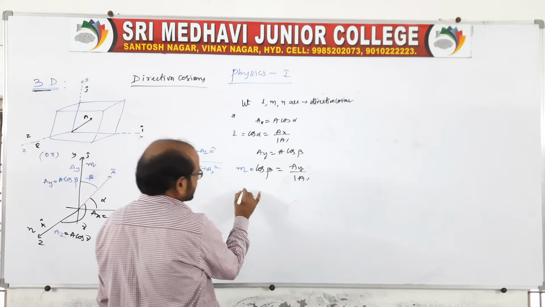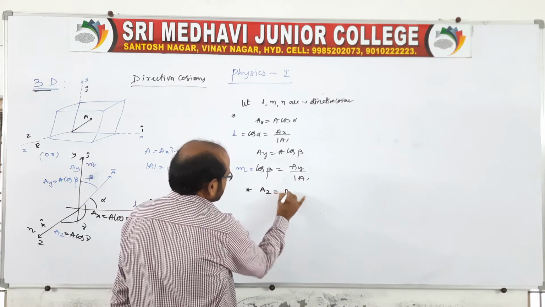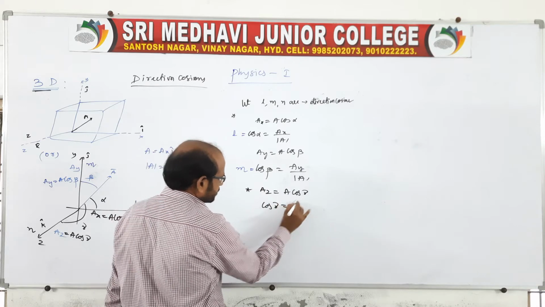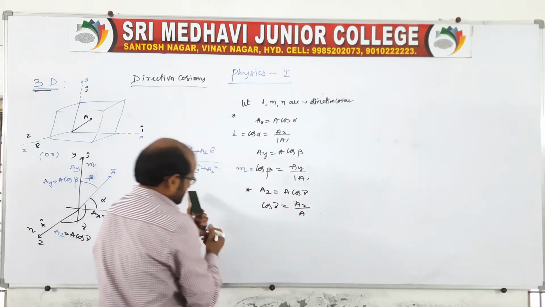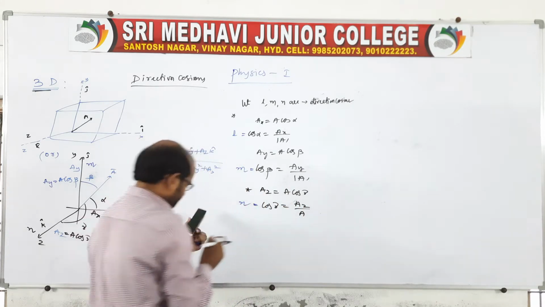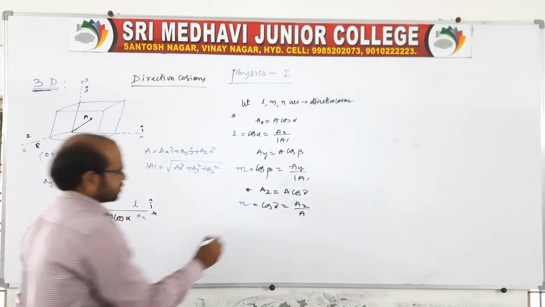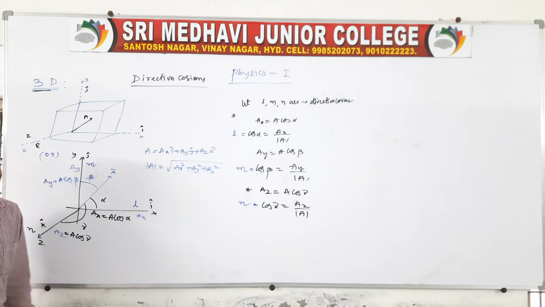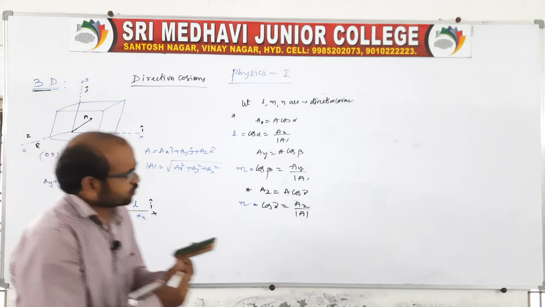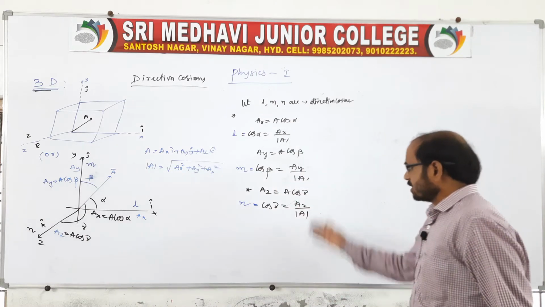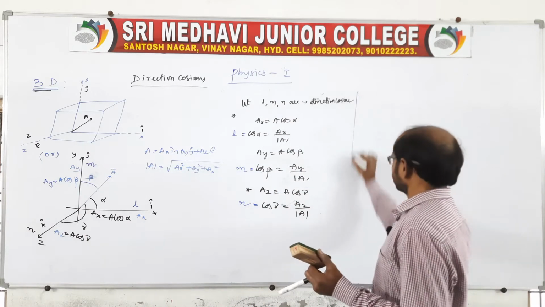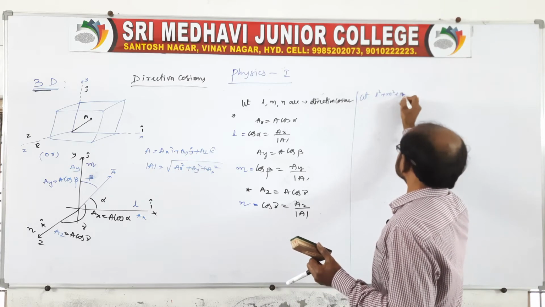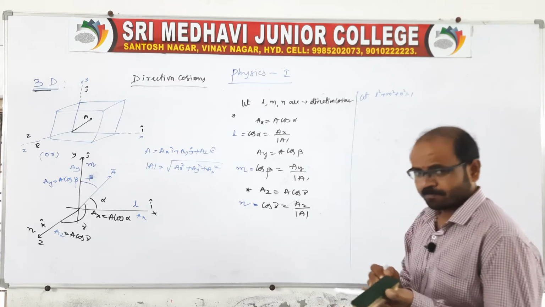And let us go for the next one. Az is equal to A cos gamma. Therefore, cos gamma is equal to Az by A, which is represented as the direction cosine N. Okay, these all are magnitudes. We know magnitude is root over Ax square plus Ay square plus Az square. Let us move to the next one. See, here I'll tell you one thing. These direction cosines you take like this: L square plus M square plus N square is equal to 1.